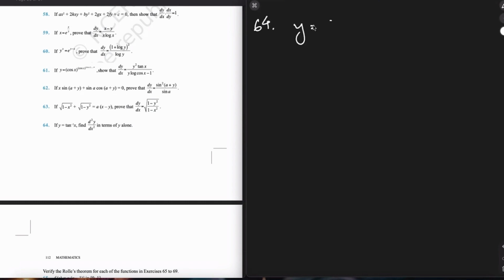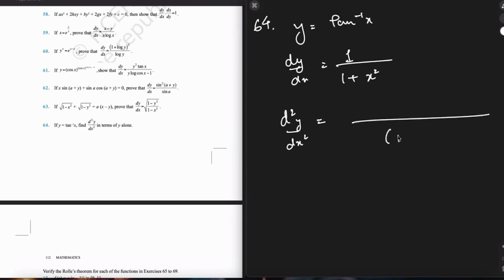y equal to tan inverse x, dy by dx is equals to 1 upon 1 plus x square. All right. Now d2y by dx square is minus 2x upon 1 plus x square raised to the power of 2. Differentiation of this will be